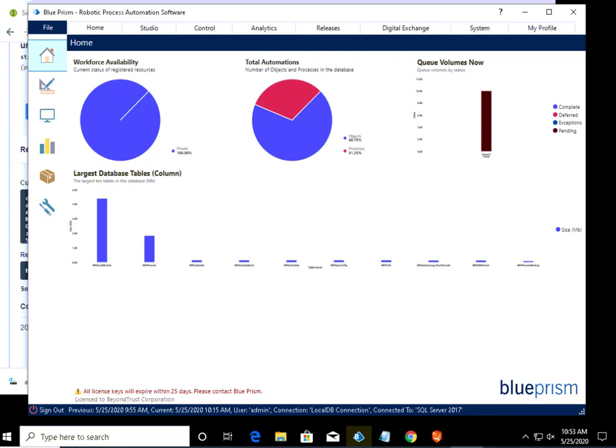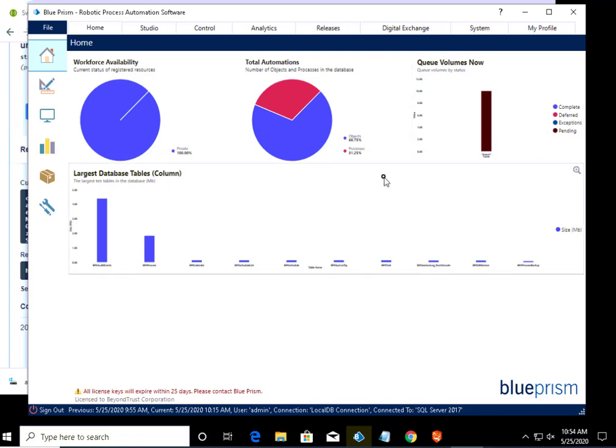Today, what we're going to look at is the integration between Blue Prism, which is one of the leading solutions for robotic process automation, and BeyondTrust. And we're going to look at the integration from a password management perspective. We're going to look at our two different solutions from BeyondTrust, BeyondTrust Password Safe and BeyondTrust DevOps Secrets Safe, which can be used to centrally manage and audit access to all the privileged passwords that Blue Prism would need to execute